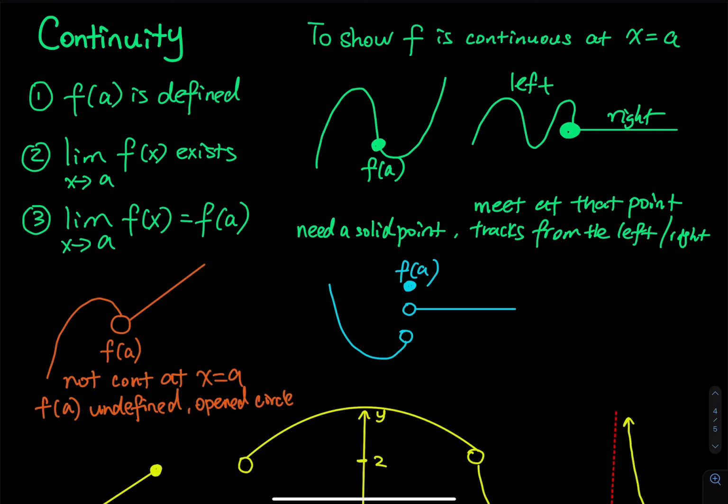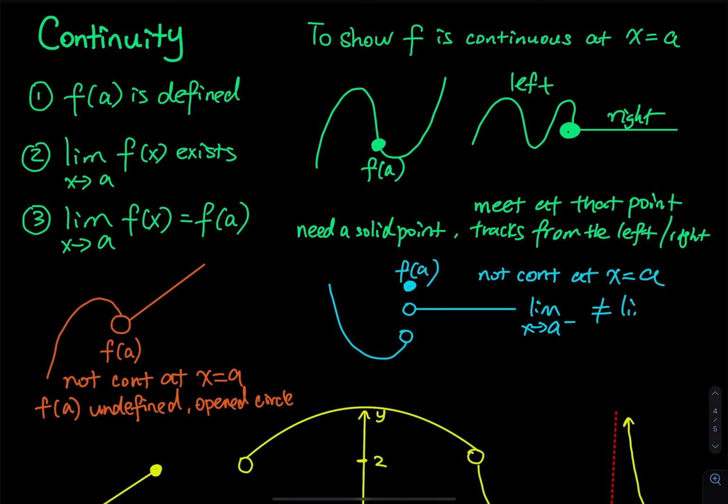So let's move on to the next picture. My question is, is the function continuous at x equals a? The answer is no, right? So let's write this down. The answer is no, so not continuous at x equals a. Do you know why? One of the reasons is that the limit as x approaches a from the left is